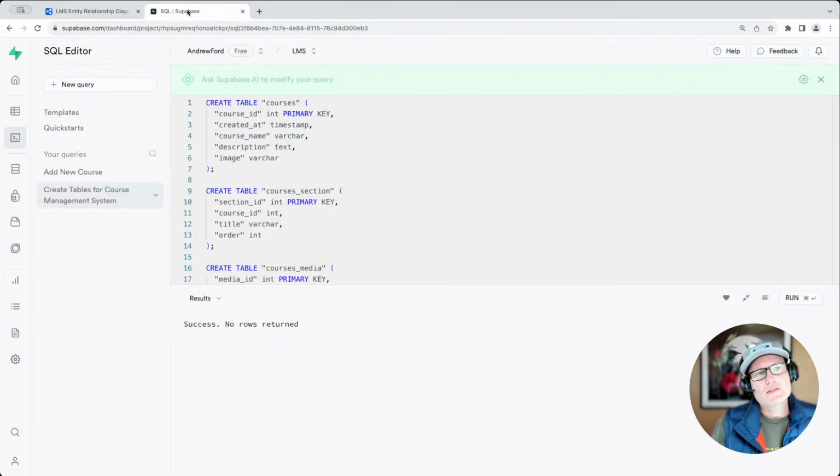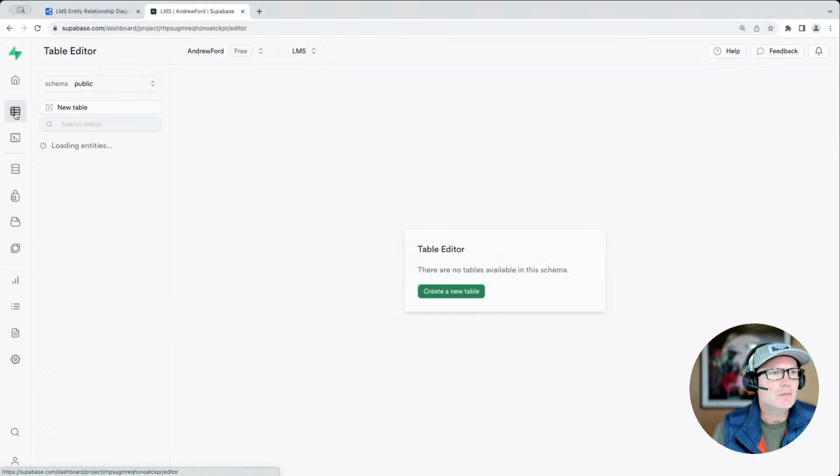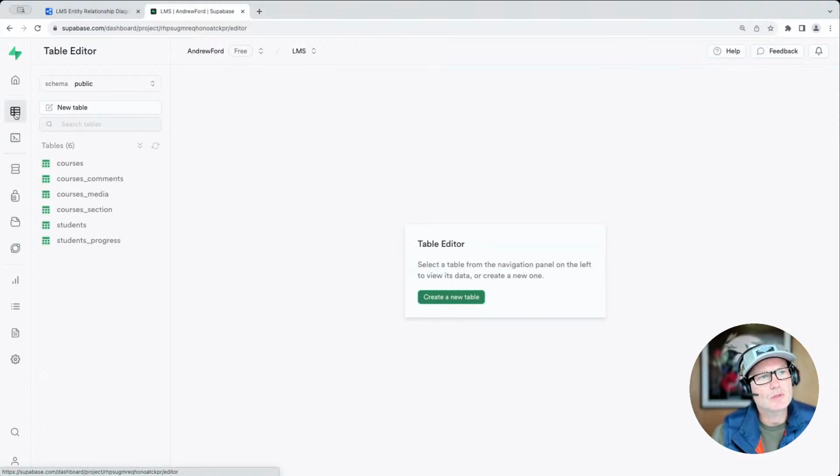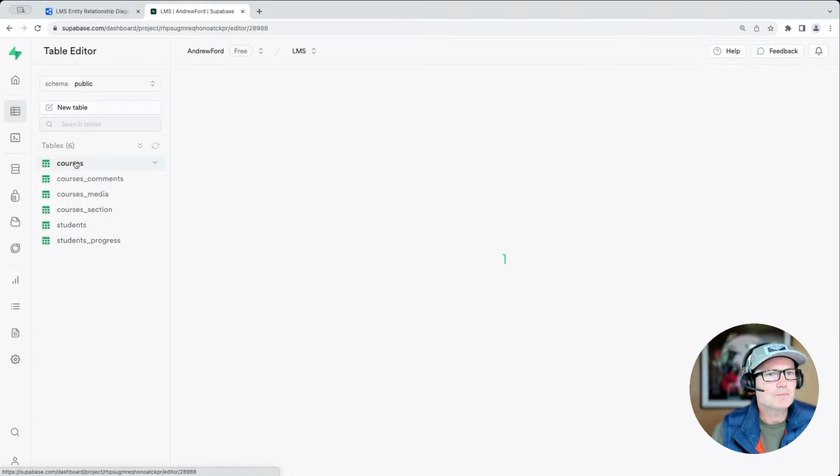We went into the SQL editor for Supabase, and we ran the query that was generated from the ERD diagram tool, dbdiagram.io. We ran that, and now we have some tables. Let's pull that up. Okay, so you guys can see that. So you got courses, courses comments, courses media, courses section, students progress. Okay, if we go into each of these,